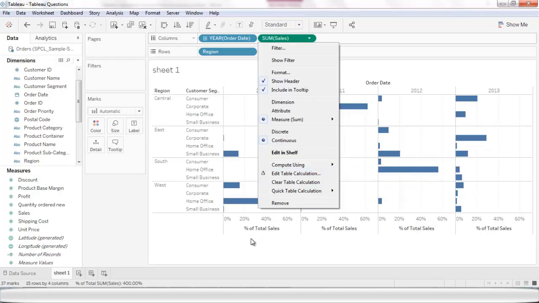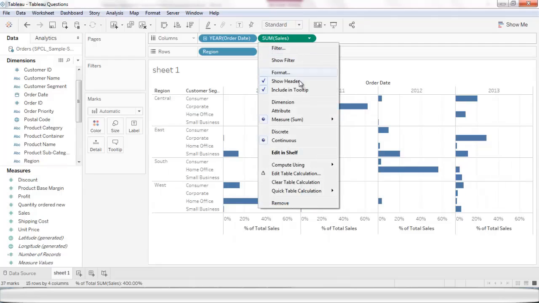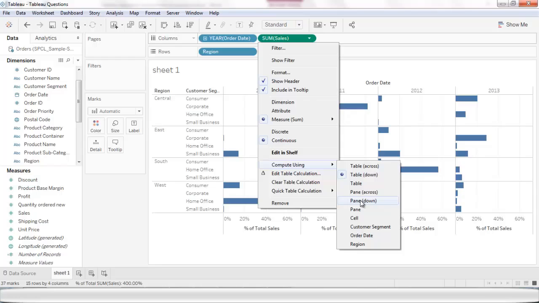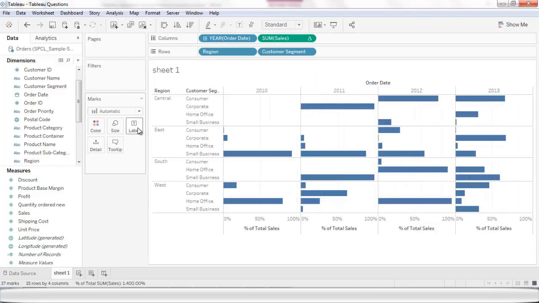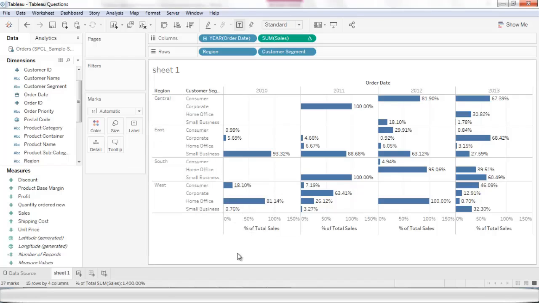In the question they have asked to find the percentage of sales return in a customer segment in the region. So in that case we have to make this pane down, and let's make this read only. If we make this one, it will be within that particular segment and within that region. And now if we see this,